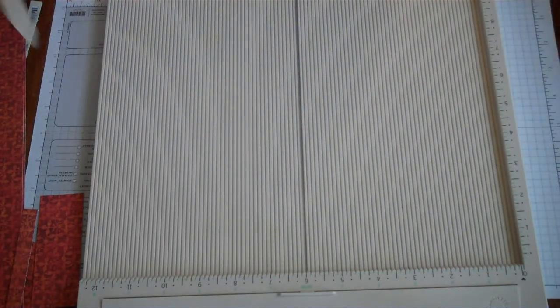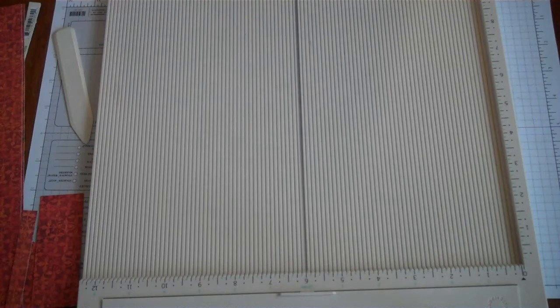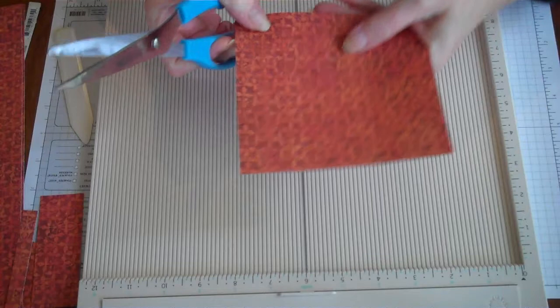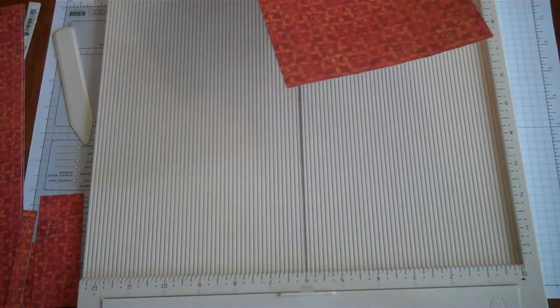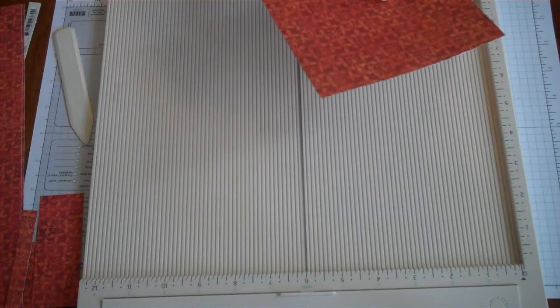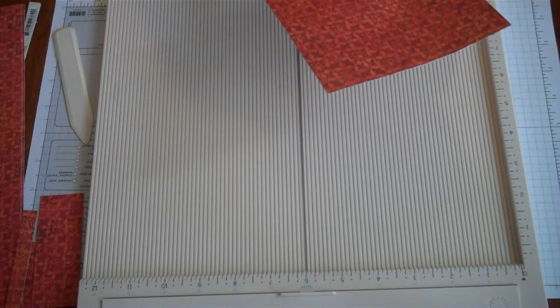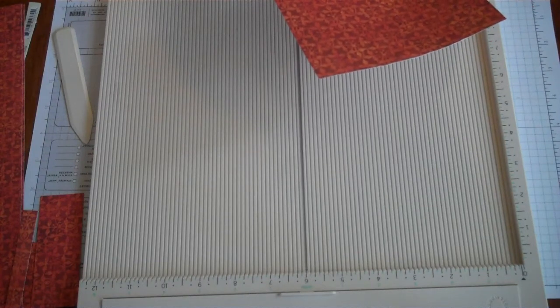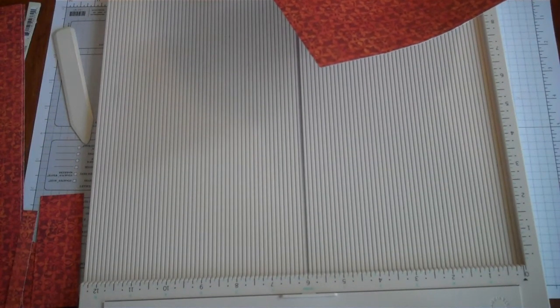Okay, now all we have to do is, like I showed you before, on the second score line, just make a cut. And you can try it by just making a cut, but you're going to have to go in and trim up your boxes later, because I tried it. And these flaps stick up over the top a little bit if you don't do that little...